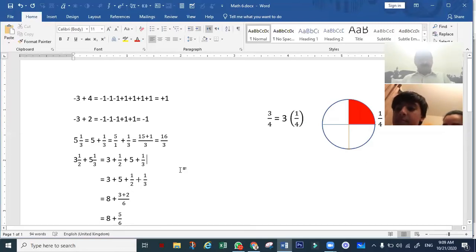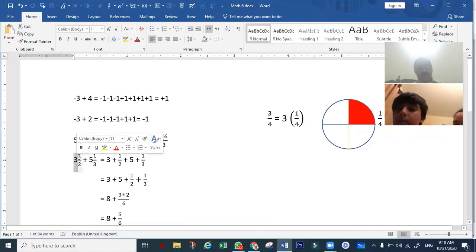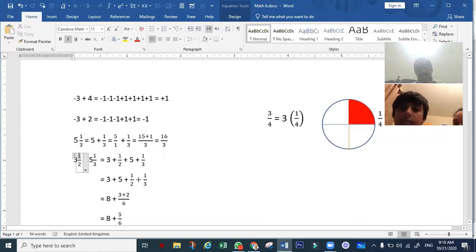Okay son, the next one is, now you must understand this thing. Minus 3 plus 2, the answer would be, tell me please, what is the answer? Minus 1. Minus 1. Oh, my goodness, such a good boy. Now there are 2 methods to solve this fraction. It is called a mixed fraction because 3 is the whole number and 1/2 is the proper fraction. Proper means if 1 is less than 2, it is called a proper fraction.